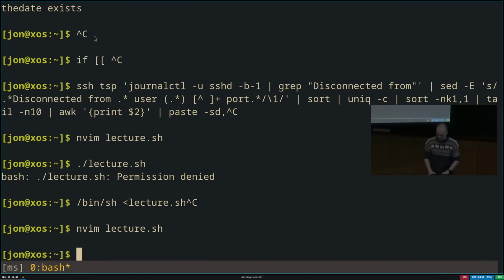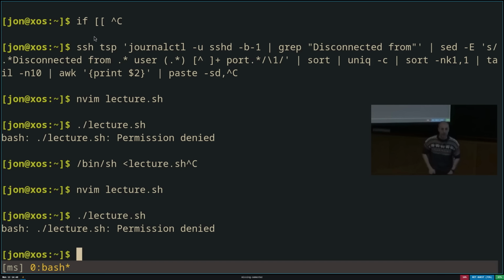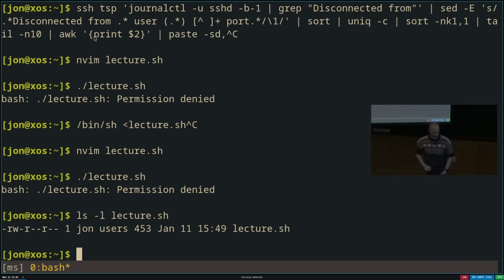Now the last bit before we terminate here is you'll see that I couldn't run the script. It said permission denied. This is because when you run executables, the shell will check that you have execute permissions on that file. So if I run ls -l, which emits more information about every file, and I give lecture.sh, you'll see at the left-hand side here, I get some R's and W's and stuff. This indicates the permissions I have on this file. R means read, W means write.